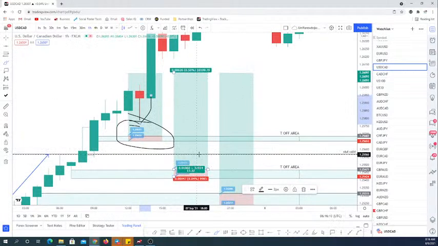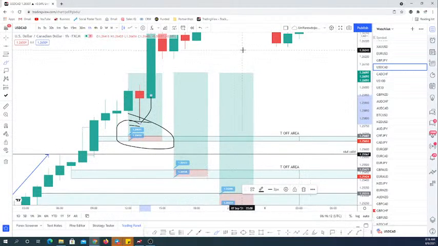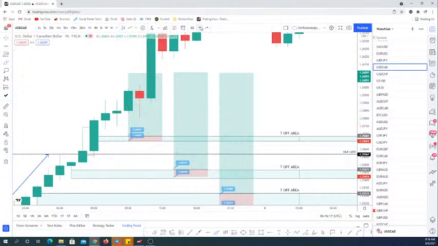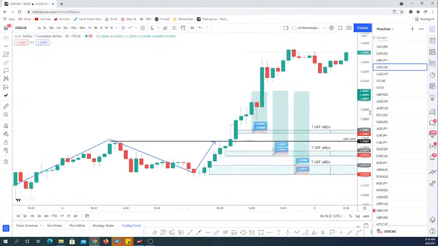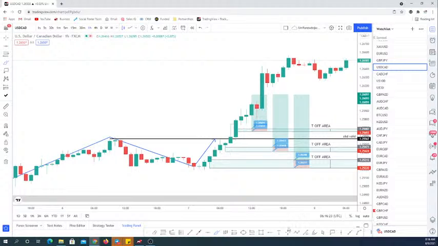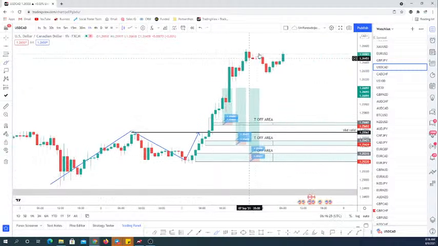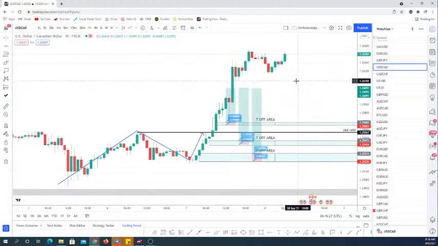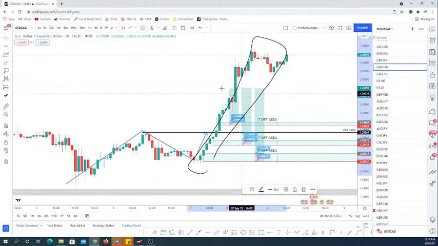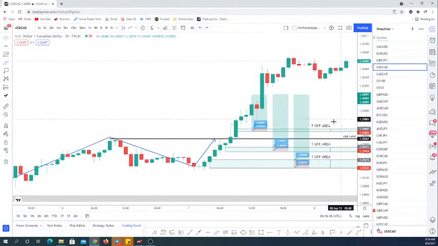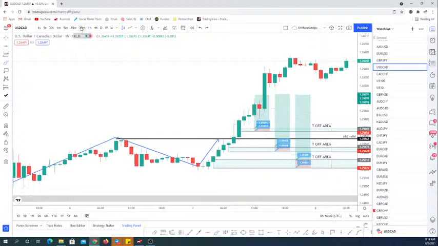And then we had these two, which were based on the hourly, and you can see that they haven't even been scraped. So we do have a very strong bullish move. So this one we will just leave as is. Okay, that's about it for this one, actually, because we do have to wait for this massive up move. It will retrace. We'll just wait for it to do that, and potentially look for an entry looking at the lower time frames,